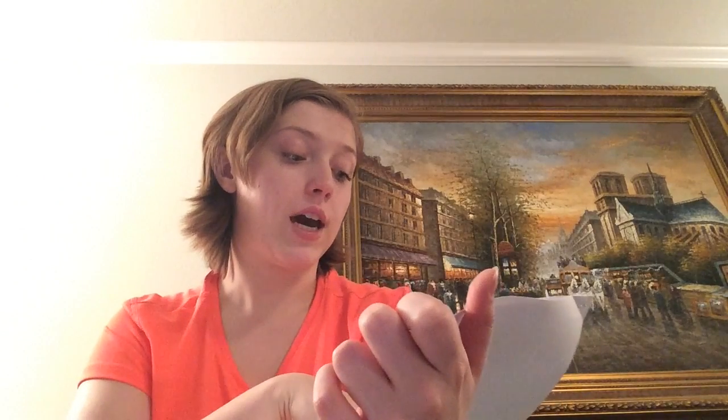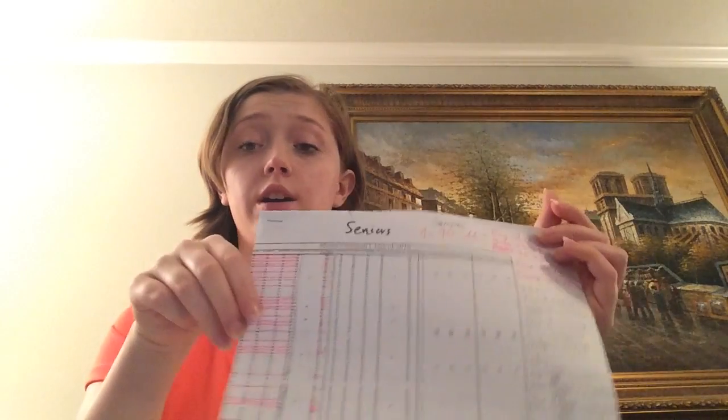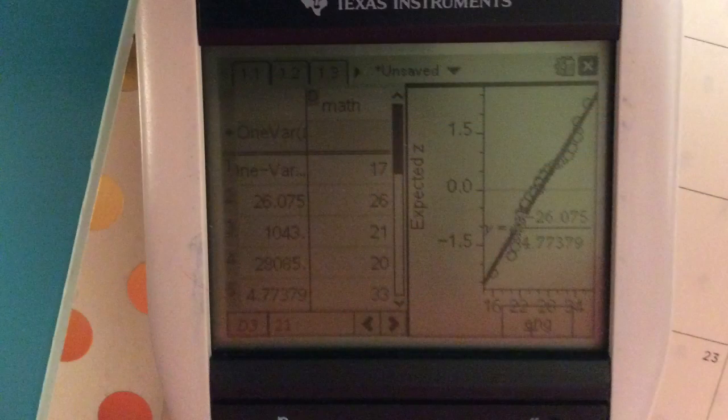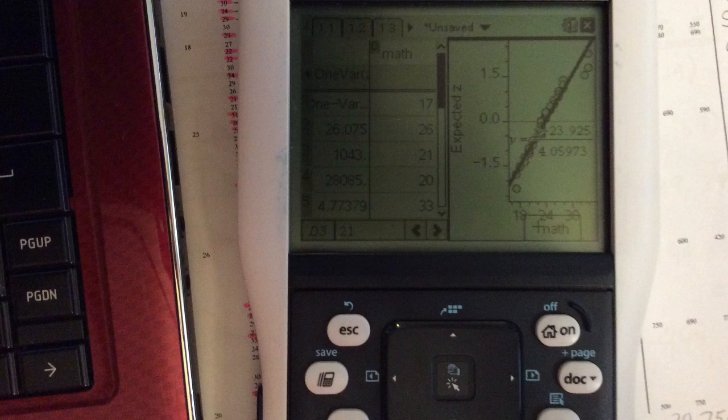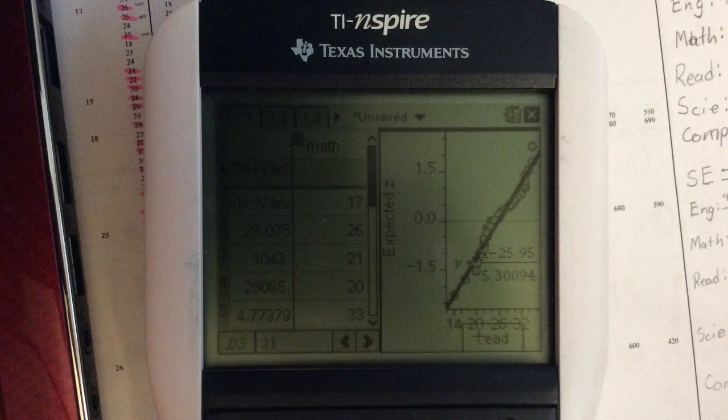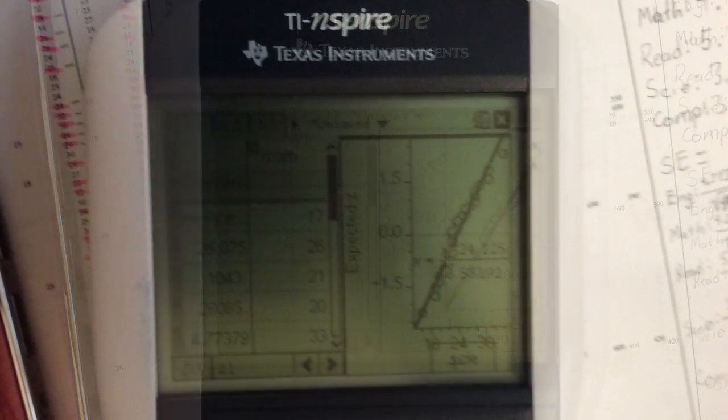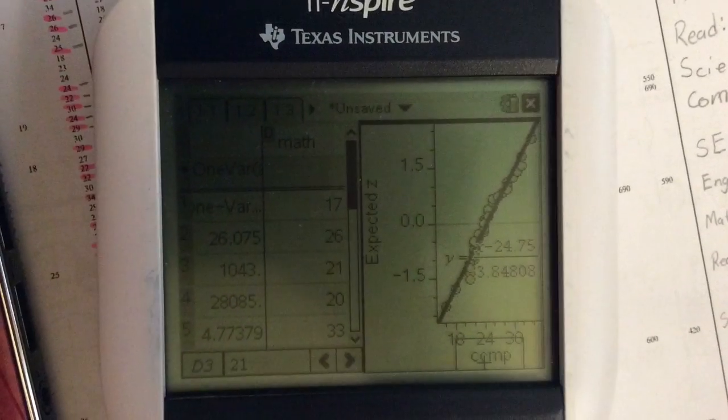So I have 40 here, which I've highlighted in pink on their highest ACT scores, because I wanted to see when we're the best. So for my nearly normal condition, for English the plot is fairly linear. For math, the plot is fairly linear. For reading, the plot is mostly linear, but we'll just consider it linear. That goes for science as well. And then the composite scores are fairly linear.